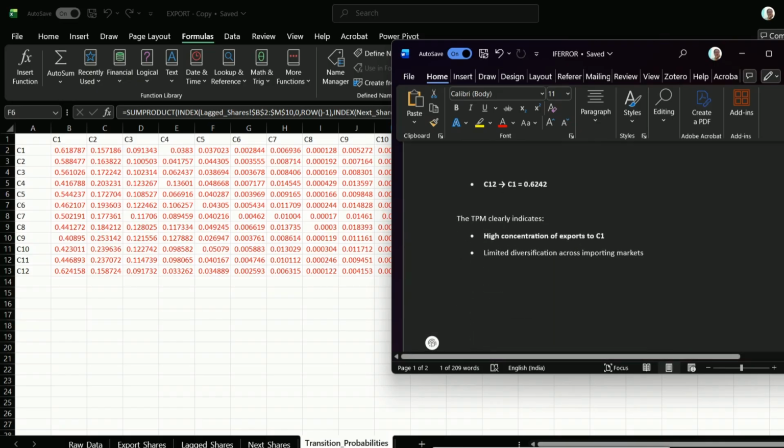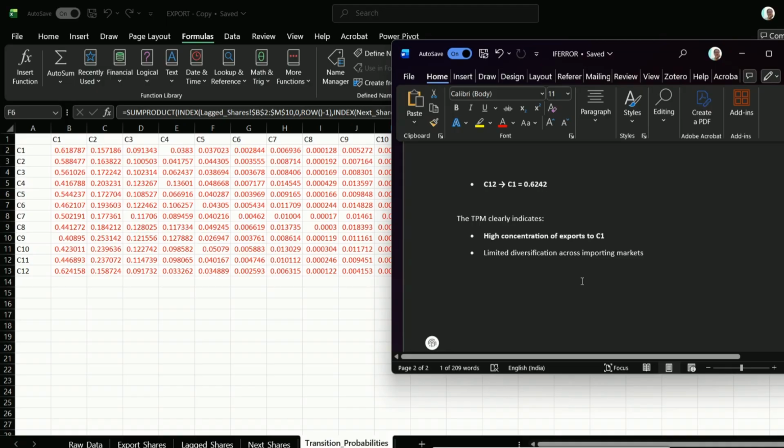And what does this show? The exports to C1 are more when compared to the rest of the countries. So there is limited diversification across importing markets. Kindly note, in Markov transition analysis, the row total should always be equal to 1.